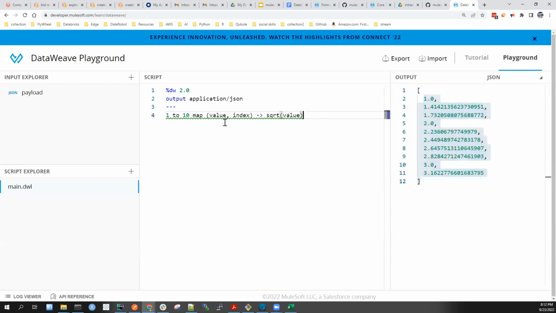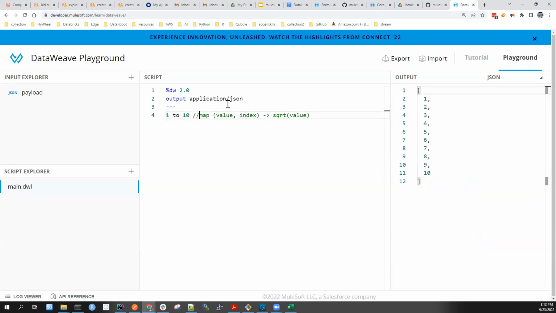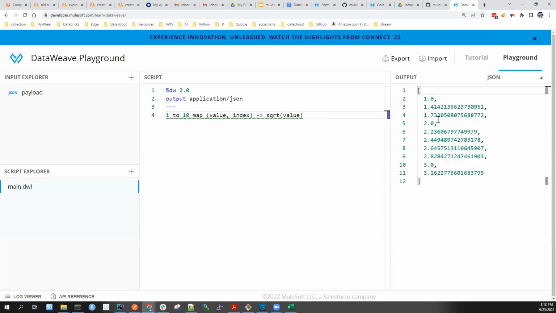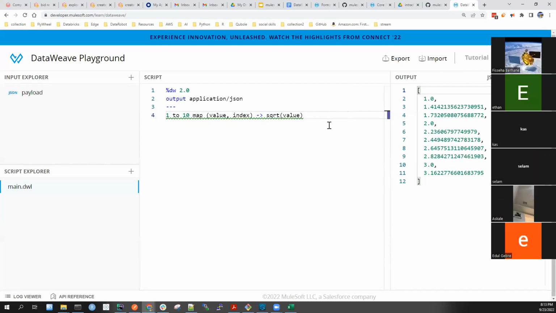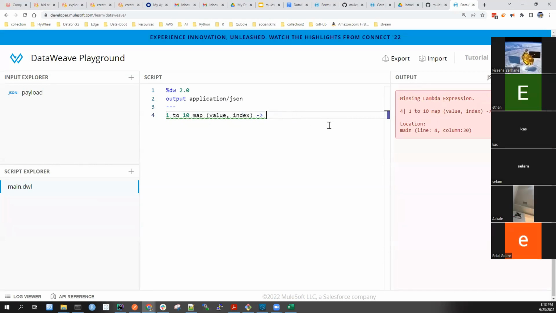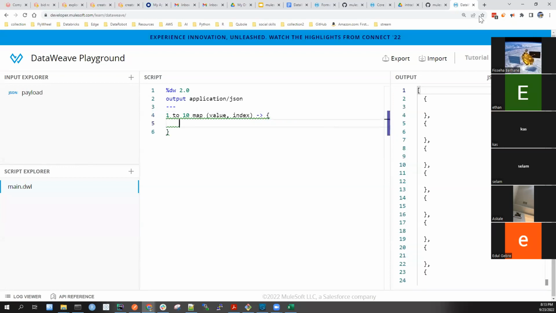So you see, we are iterating over each element one by one, and we are getting the square root. So as you can see, the input is an array, right? So if I just comment this out, the input is an array 1 to 10, and the output is also an array. Our input are numbers, as you can see. Our output also in this case is numbers, but we can make it anything. The output can be an array of objects or an array of numbers or anything. So let's make it an array of objects, for example. So if it is an array of objects, what we have to do is we start with these curly braces. As you can see here,